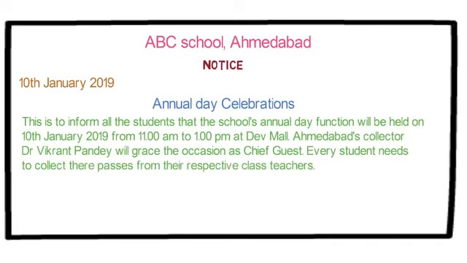Here you can see that we have mentioned all the 6 points that we discussed regarding the body of the notice: what is the notice about, who all are supposed to adhere to the notice, where the event is happening, when it is happening, instruction for students related to pass collection, and whom they need to contact for pass collection. After the body is completed, the signature, name and designation of the person writing the notice come, and this is the final version of the notice. Please pause the video and go through the notice once again.